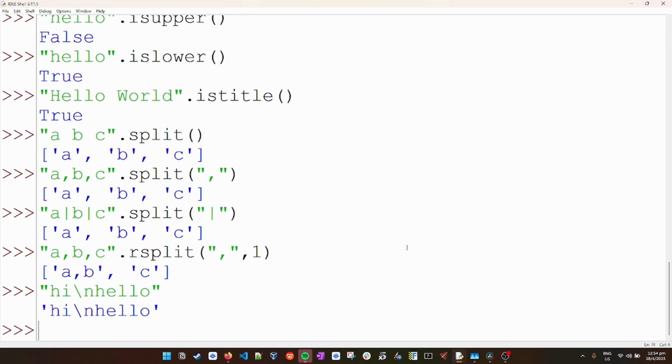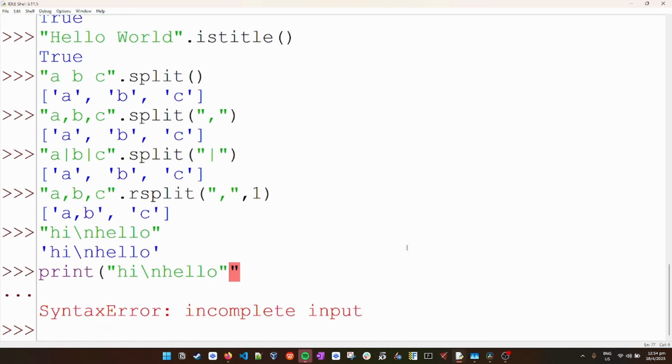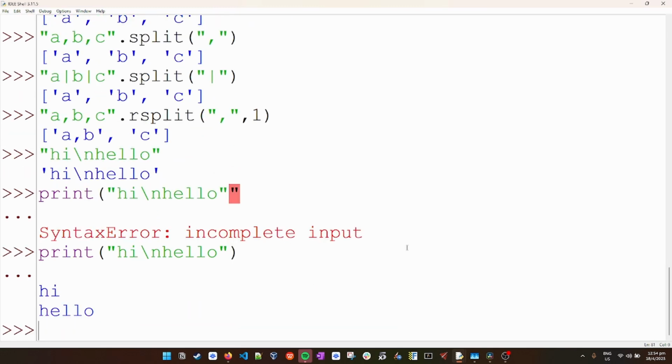The code, if I print this, what? Oh, what? That is very weird. The code will effectively print them into two lines because \n is kind of treated not as a string, but rather as, hey computer, ignore that this is a string and do this thing now. So yeah,